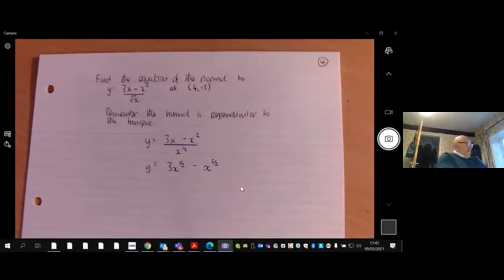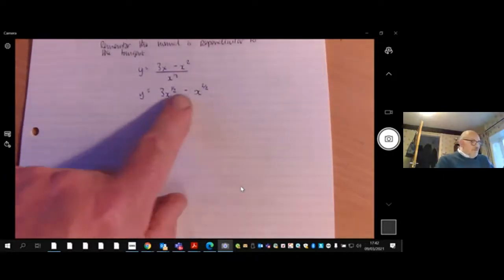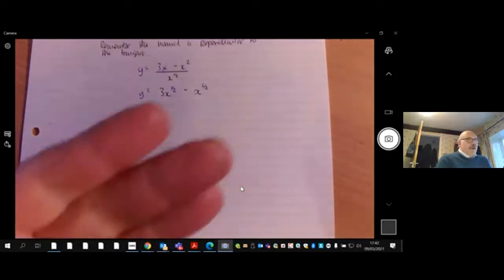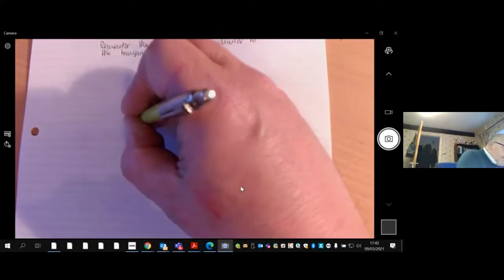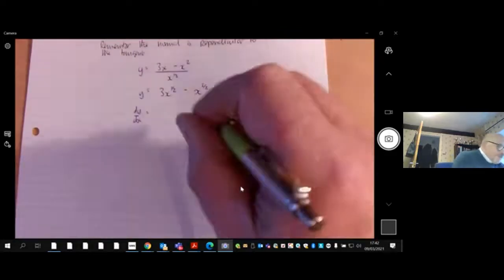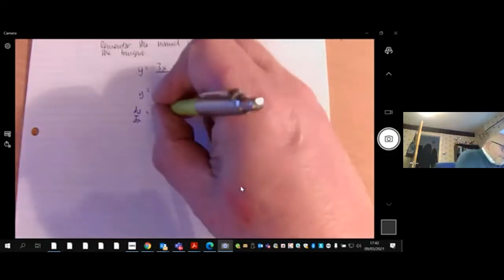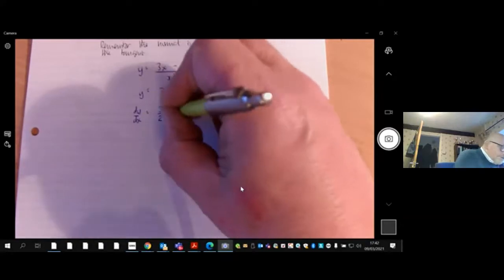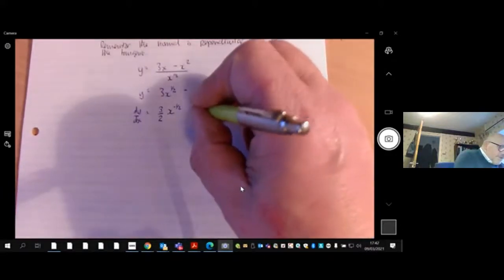And top-heavy fractions are always preferred to mixed numbers, unless you've got a very good reason to use mixed numbers. Now, ask yourself, can I differentiate that? Well, yes, I've got a polynomial in x, a many-term expression. So now I'm going to differentiate. dy by dx equals, multiply, now just be careful here, 3 times a half is 3 over 2, reduce the power by 1, x to the minus half, minus 3 over 2,